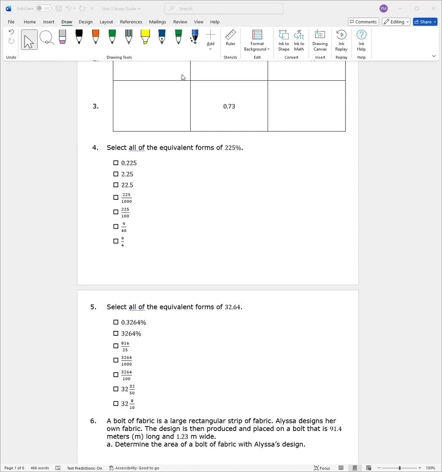Alrighty, so welcome to video number 2, where we're going to be looking at question number 4. For this question, we want to select all of the equivalent forms of 225%. So if we're looking at this right now, we got 0.225, 2.25, 22.5, so these are our decimals, and then